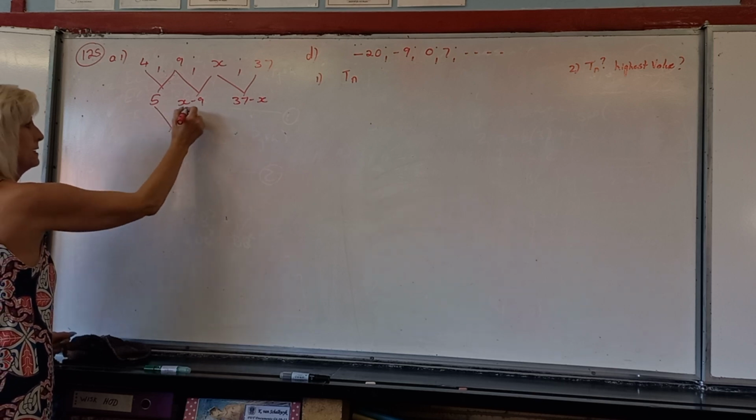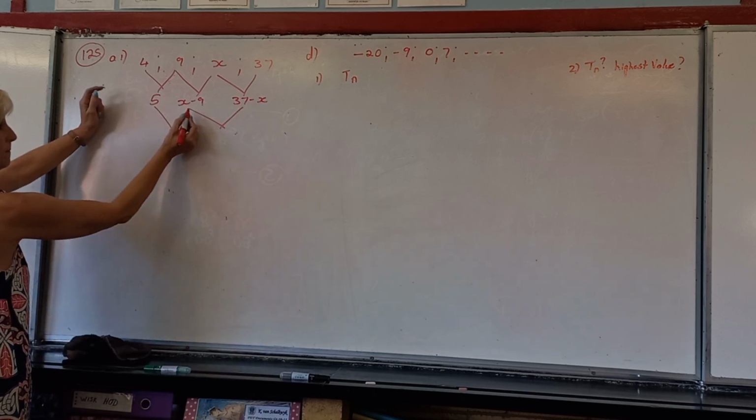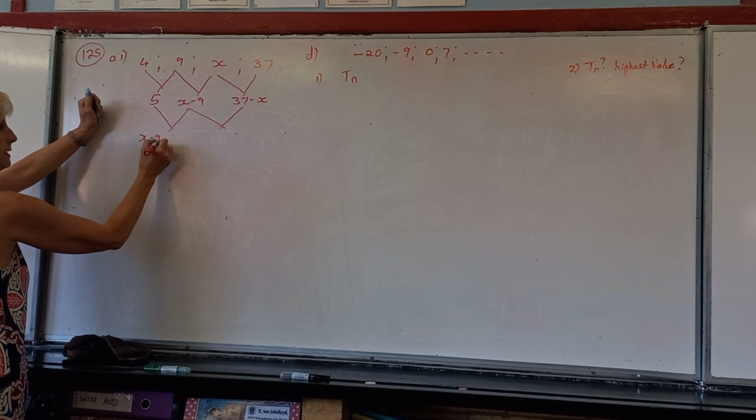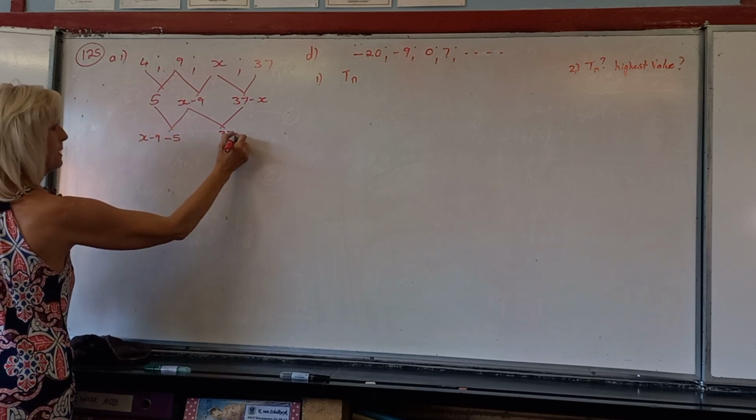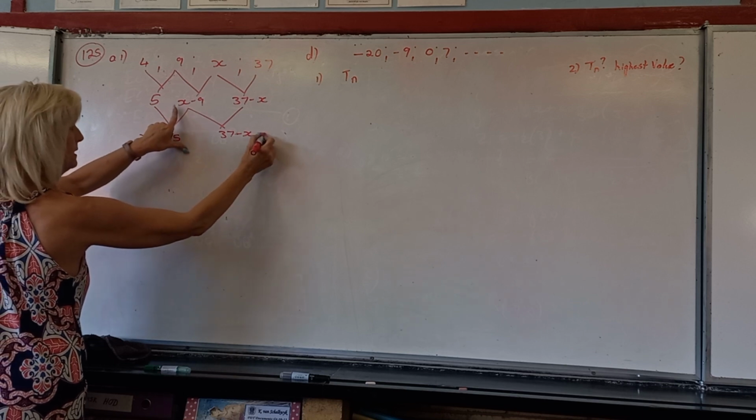Then for our second differences, we say x minus 9 minus 5. 37 minus x minus,